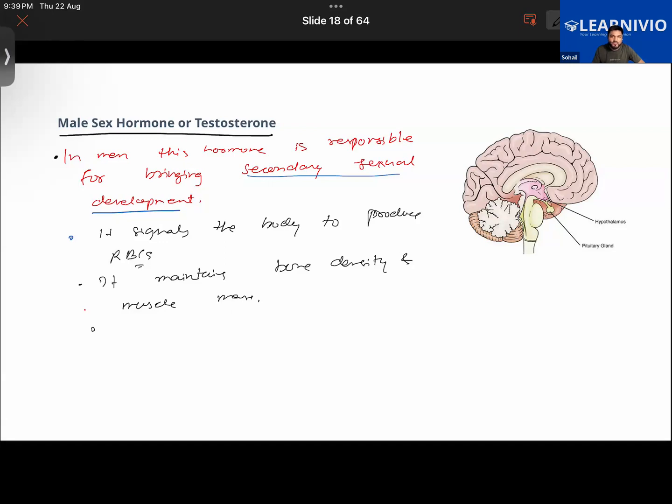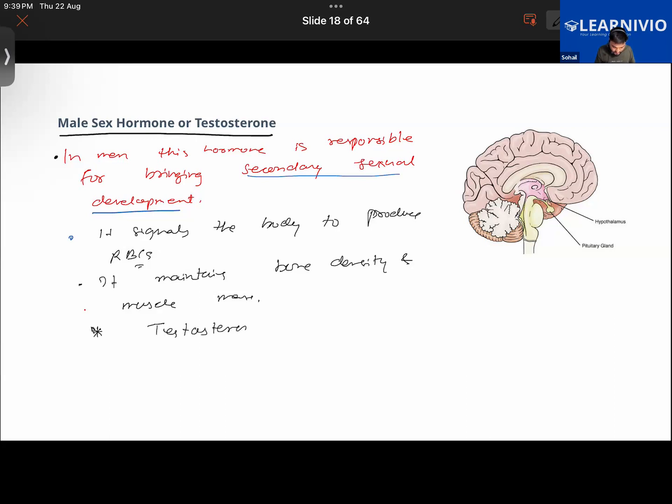Okay. Furthermore, testosterone will be secreted in large amount in men, while it will be secreted in very less amount in the case of the female body. Even in the case of the female body, a small amount of testosterone is secreted, but it is converted into other hormones. Getting it, everyone? It will be converted into other hormones like estrogen. Okay. So another important thing to be noted down is that